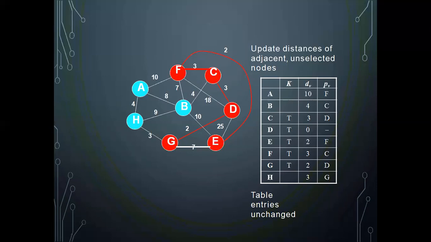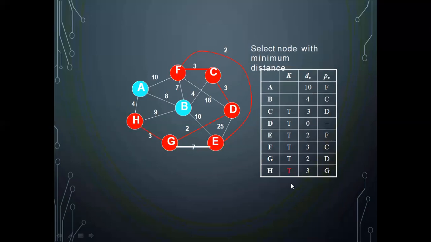Next, again I should find out what is the minimum distance in this case. Which is the minimum distance? You can see 3 is existing here. Remaining all are part of the spanning tree. So which edge is that? GH is the edge. So you can add GH to the resultant one. GH has been added with the weight 3. This is the minimum edge I have found in the table.